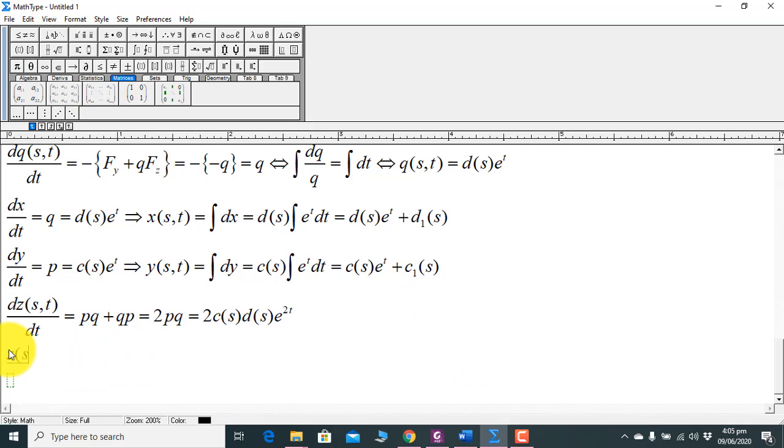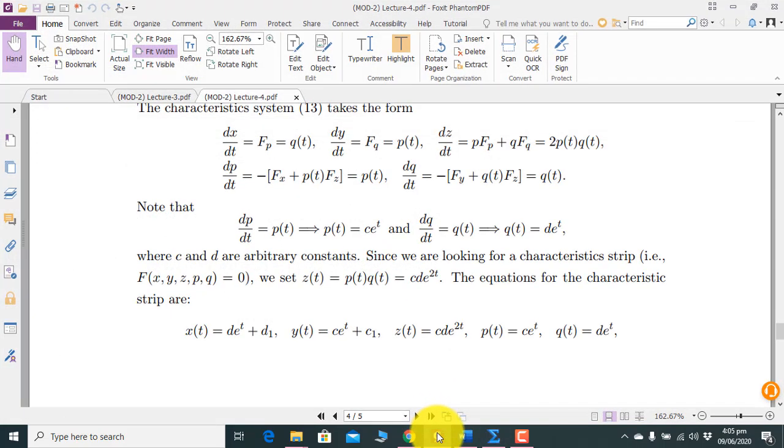It's very easy: z of s, t will be equal to 2 times c of s, d of s, e to power 2t, the integral is e to power 2t, but you have to divide by the derivative of the power, so this 2 will be cancelled out, and the answer will be this plus some another constant which I have named as what,